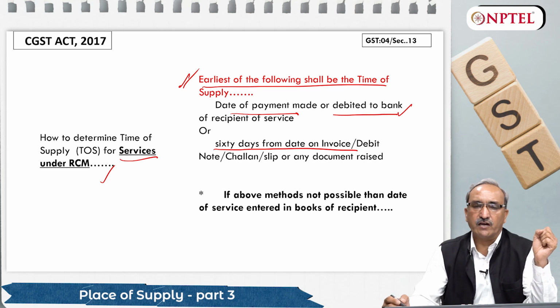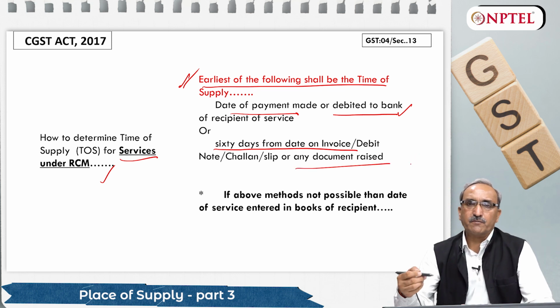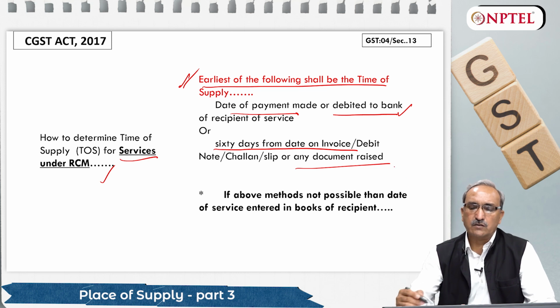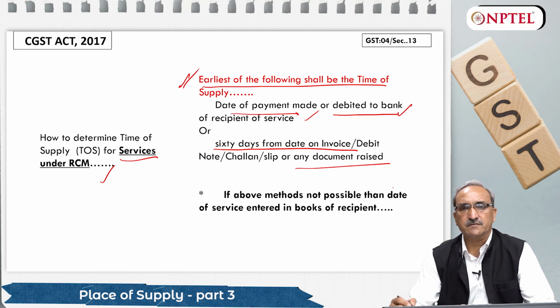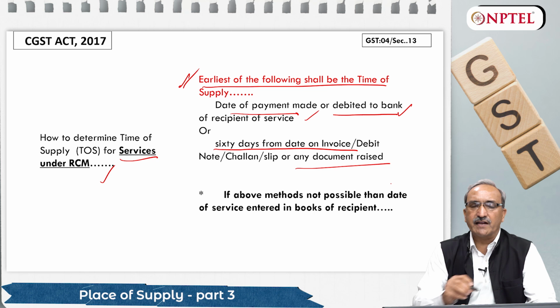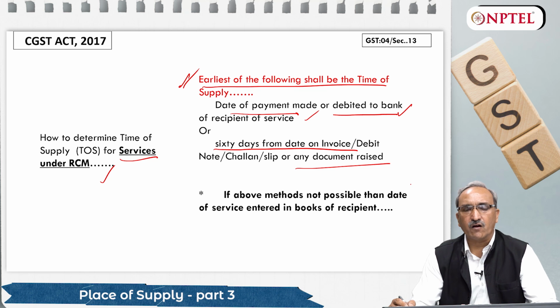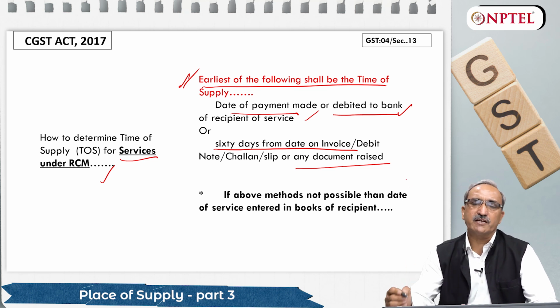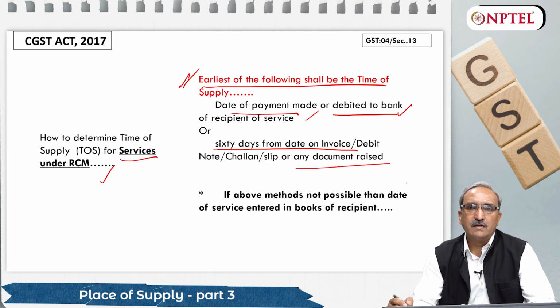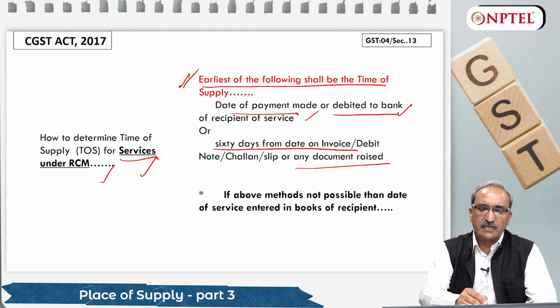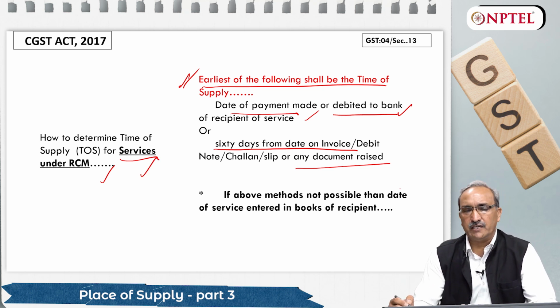Or 60 days from the date of invoice. So it has a provision up to 60 days, or the payment made under reverse charge mechanism, whichever is earlier. That is the point of taxation for reverse charge. Normally what happens, if I receive any service which is subject to reverse charge, I pay tax in the same month without waiting for a bill, because in reverse charge mechanism I have to raise a bill to my own self, pay tax and claim ITC. And under reverse charge mechanism, tax is to be paid in cash only.